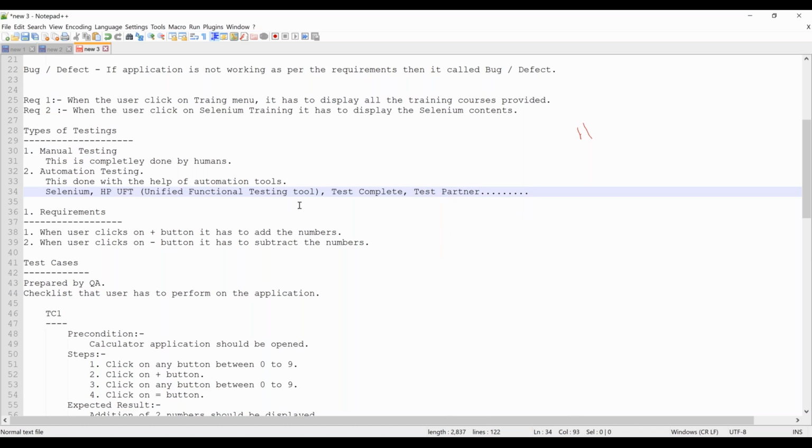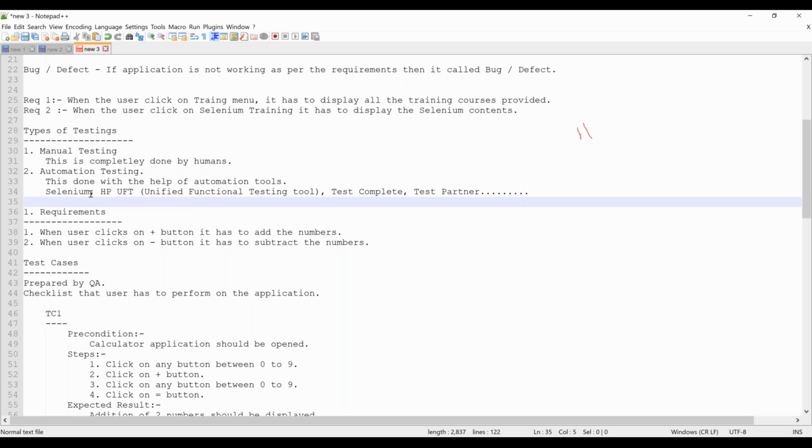Before we jump into automation classes, I have a plan of starting automation next Saturday. I'm starting automation testing a bit early because there are a lot of things to be discussed in automation. So my course will go parallelly with manual and automation together, right? Before we get into it, I'm going to give you the list of all automation tools and the category each comes under. For now, these are some sample automation tools.